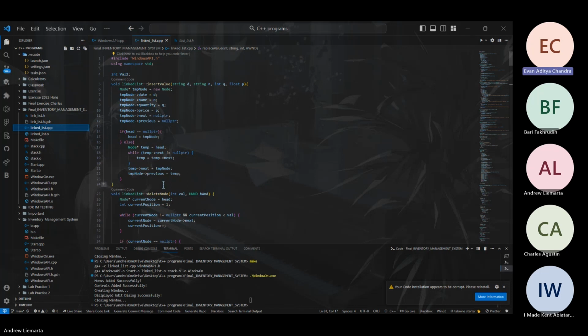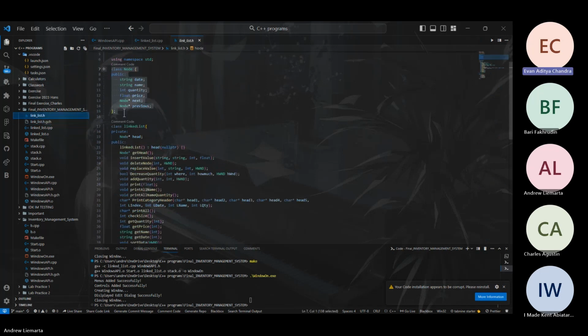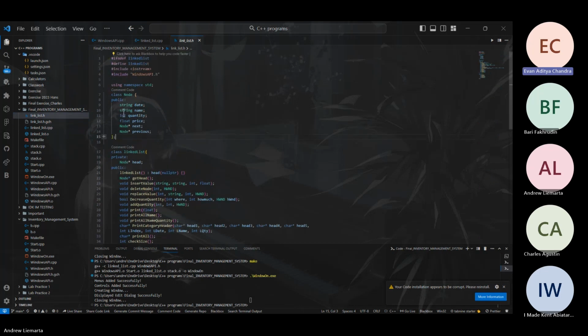I am Evan. I will start off by explaining our inventory management system functions, which help store owners to better manage their inventory stock and to manage their selling history so they have an automated revenue that they can see. For storing our data, as you can see from the screen right now, we are using linked lists